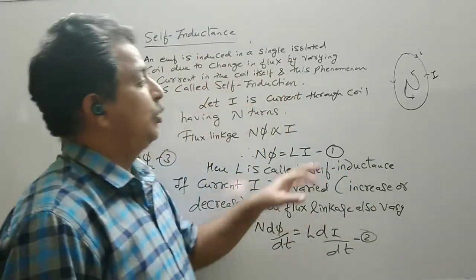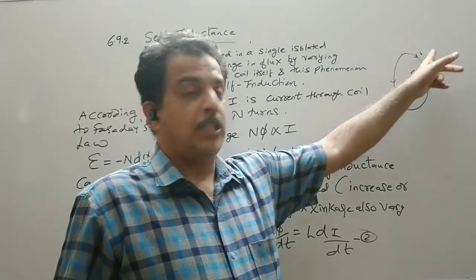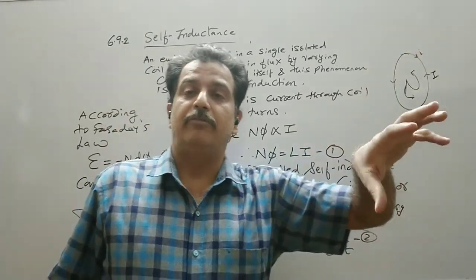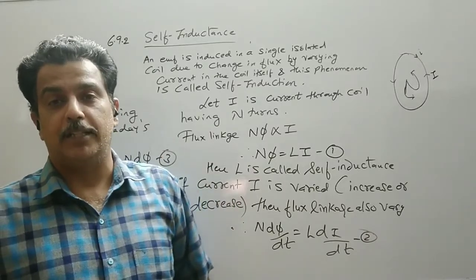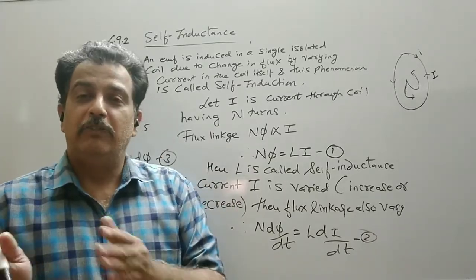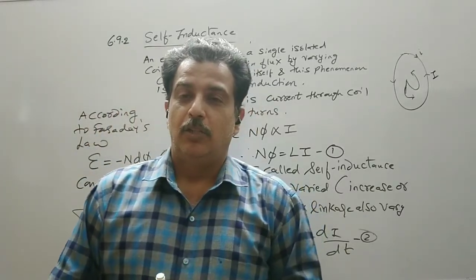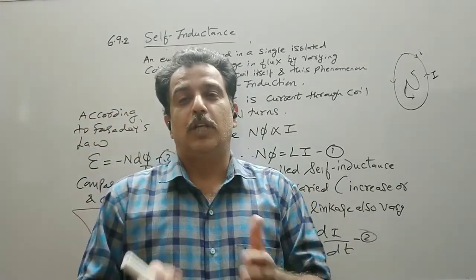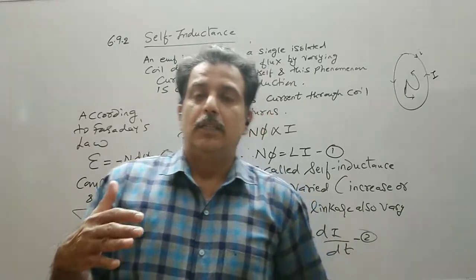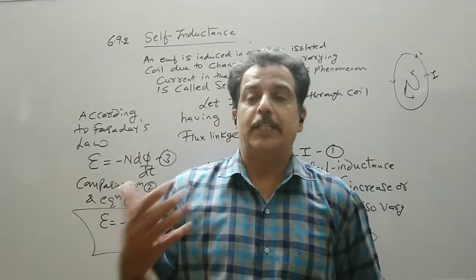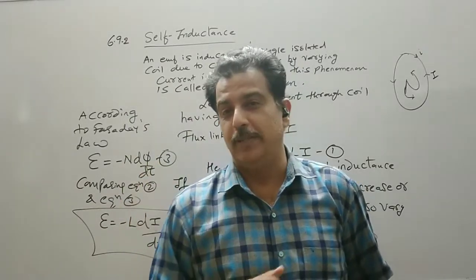Similarly, when you try to vary the current in this coil, the self-induced current or self-induced EMF is set up in the coil. It opposes the growth and the decay of the current. Later on we will see a component, the inductor, whose job is to oppose the growth and the decay of the current. Now if it opposes the growth and the decay of current, what is its use in our daily life? So the use is very important.